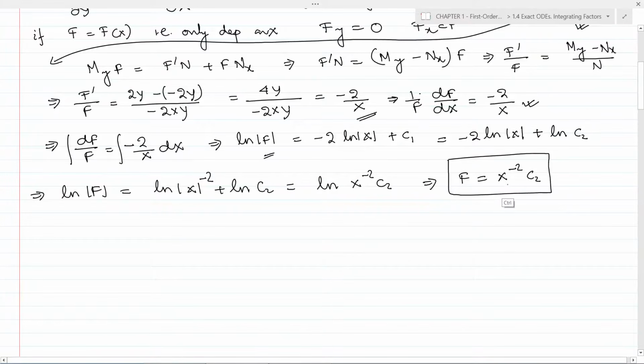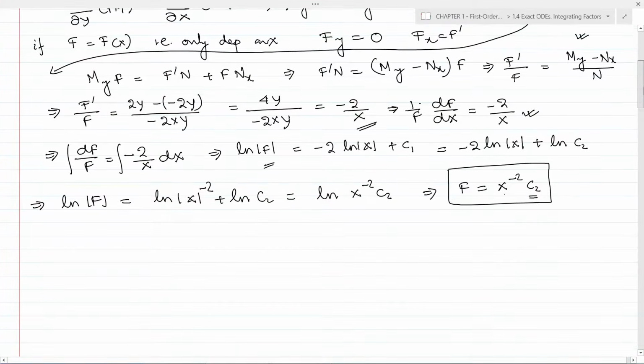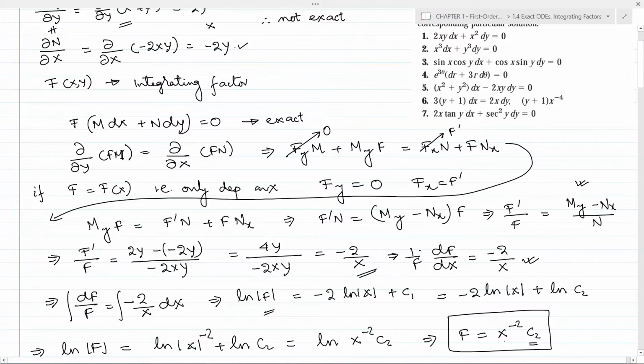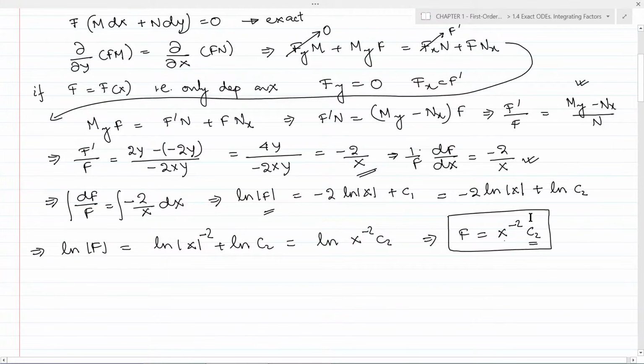So, we have obtained the integrating factor multiplied by a constant, which is the constant of integration. However, if we multiply this f to this differential equation, that is, we will multiply x to the power minus 2 c2, then this c2 term we can take to the right hand side and 0 by c2 is c2. So, x to the power minus 2 can be left on the left hand side. Integrating factor when multiplied by an arbitrary constant is also an integrating factor to the differential equation. So, we can multiply any constant to the integrating factor x to the power minus 2 and that would also be an integrating factor to the differential equation.